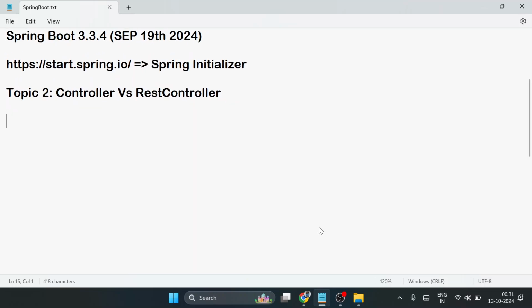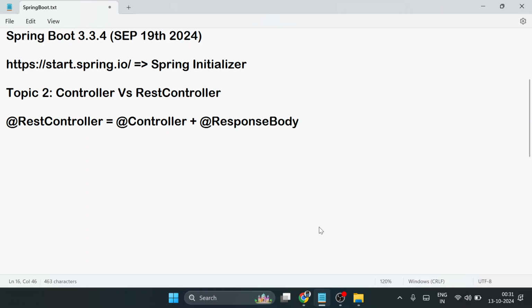These two are annotations actually. The first one is @RestController. I can say it is an annotation, so we just need to start with the @ symbol. So @RestController is equal to @Controller plus @ResponseBody. Generally this annotation is used to develop or build